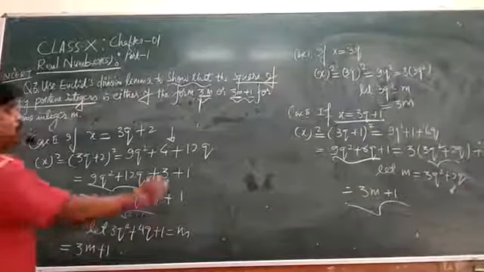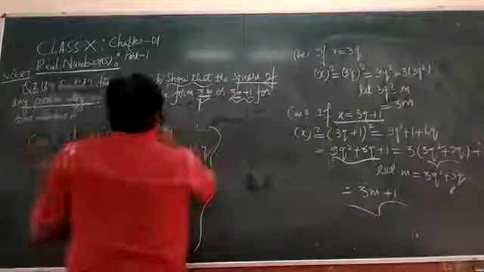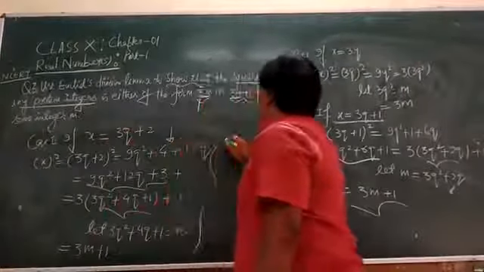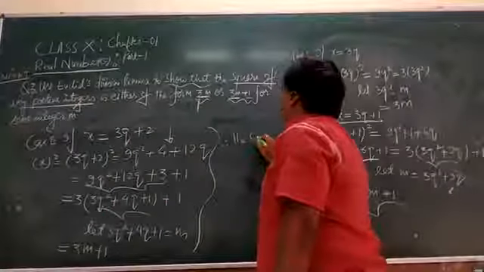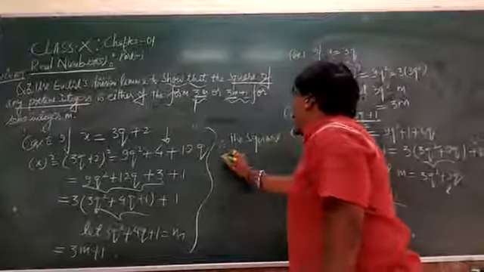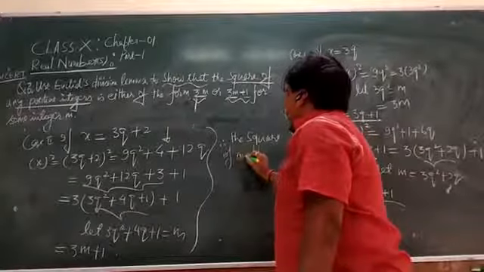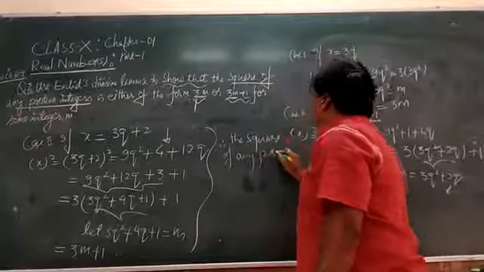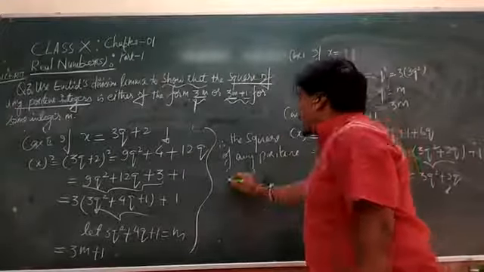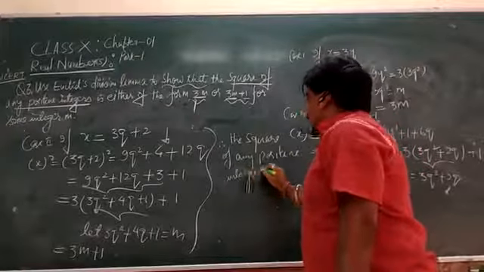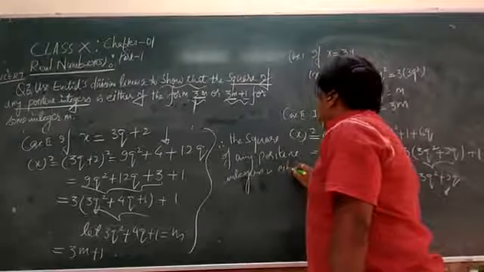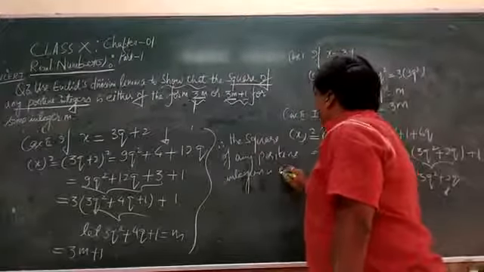So finally, what are we getting? It means you can say that therefore the square of any positive integer is either of the form